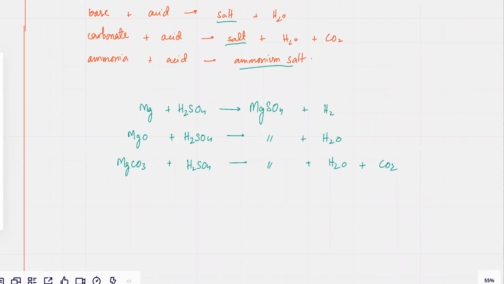If I want to make another salt, let's say I want to make aluminium nitrate, aluminium is 3 plus, NO3 is -1, so it's going to be Al(NO3)3. Can you quickly tell me what acid you would use? HNO3. So it could be a metal plus acid, which would produce H2 gas, or it could be